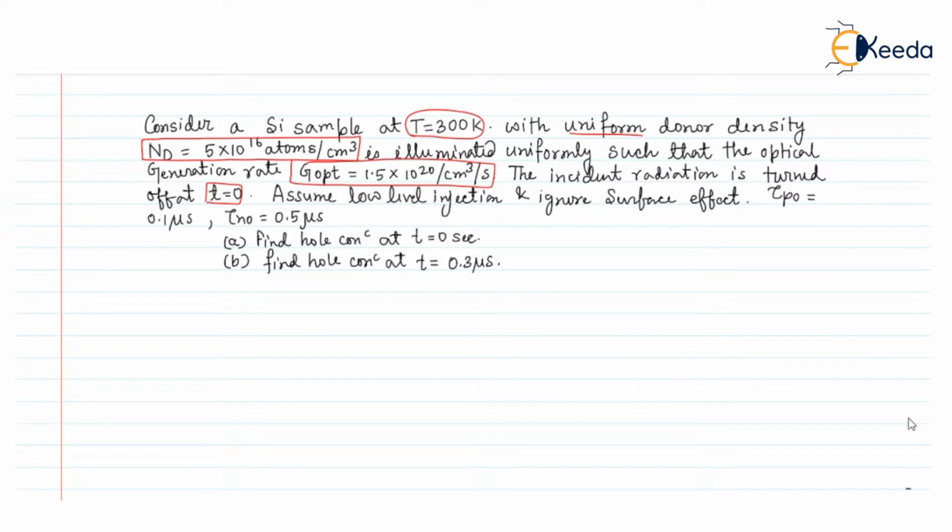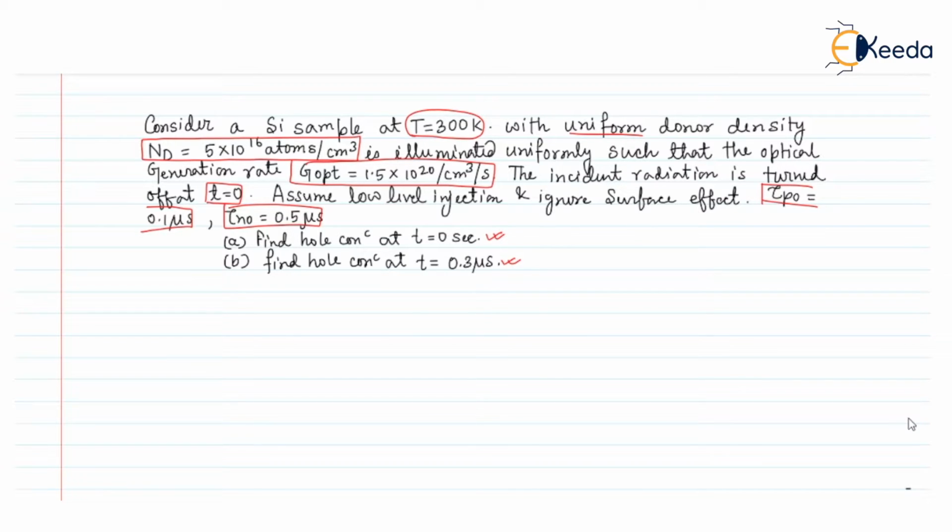Assume low-level injection and ignore surface area. And it is also given the carrier lifetime of holes, tau P0 is 0.1 microsecond and tau N0 is 0.5 microsecond. So find the hole concentration at T equals 0 second and find the hole concentration at T equals 0.3